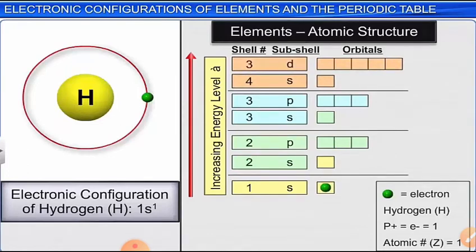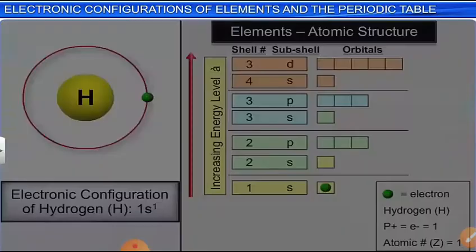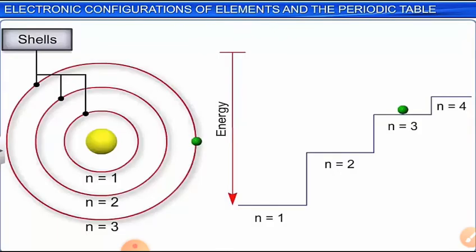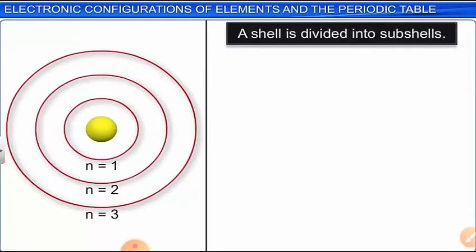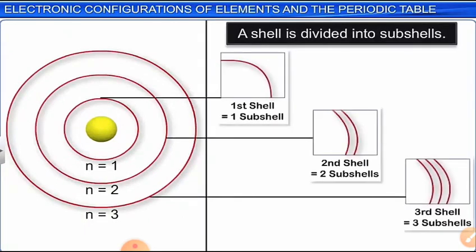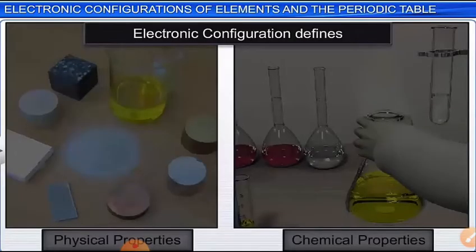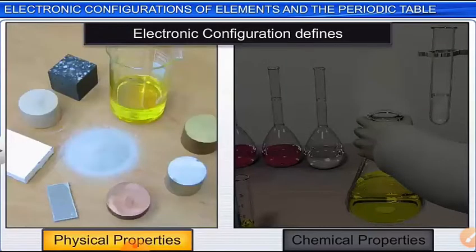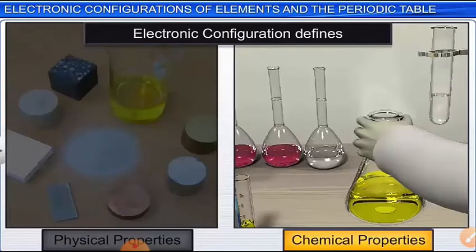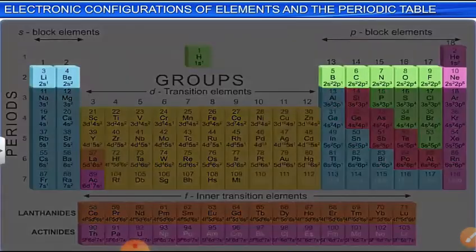In chapter 2, we have seen how to fill the electrons in each shell, with subshells and orbitals. So we have shells, given by the principal quantum number n, which is denoted by K, L, M, etc. And n tells us the distance from the nucleus to the outer shell. Each shell is divided into subshells. The first shell has only one subshell, s. The second shell has two subshells, and each subshell has orbitals. These orbitals are filled in increasing order of energy level. Both physical and chemical properties are defined by electronic configuration.